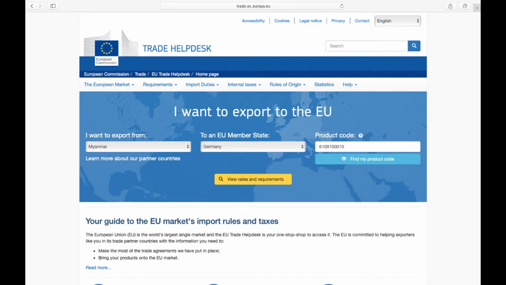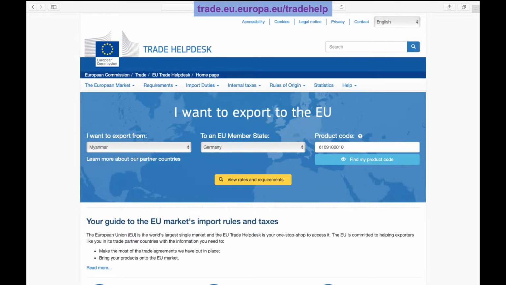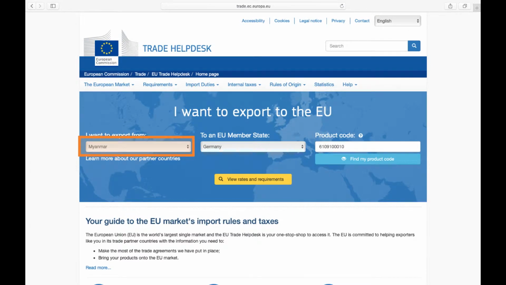To enter the tool, start from trade.ec.europa.eu/trade help. We can identify the regulations, rules and taxes applied to Myanmar cotton t-shirts in Germany, for example, using code number HS6109100010. In the main blue selector box, we first choose Myanmar, then the EU destination market, from our example, Germany,